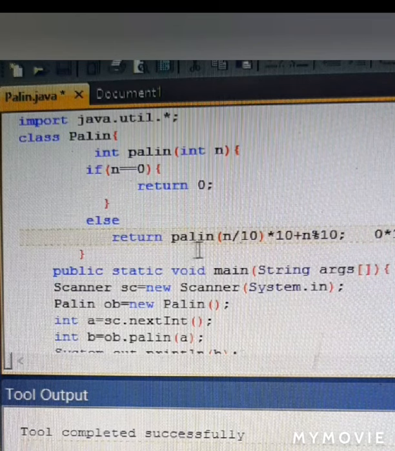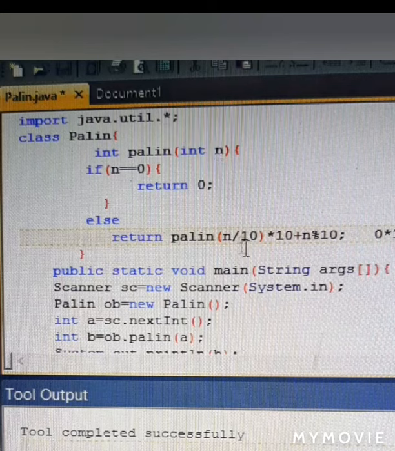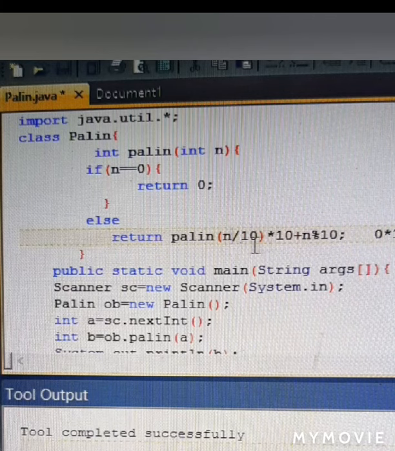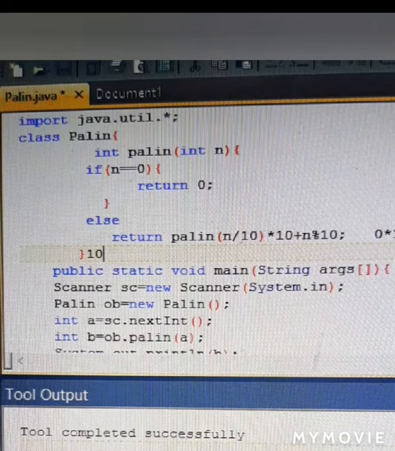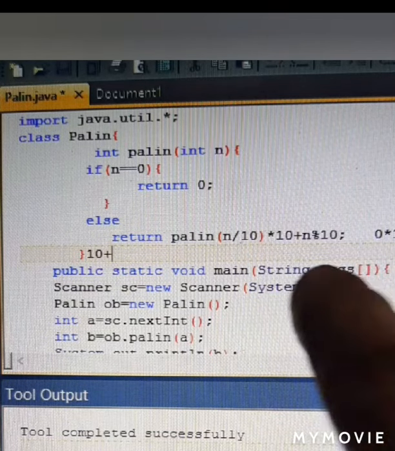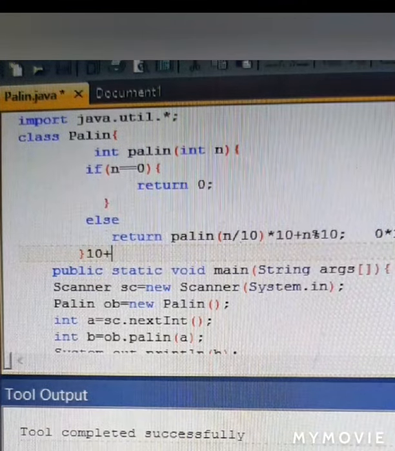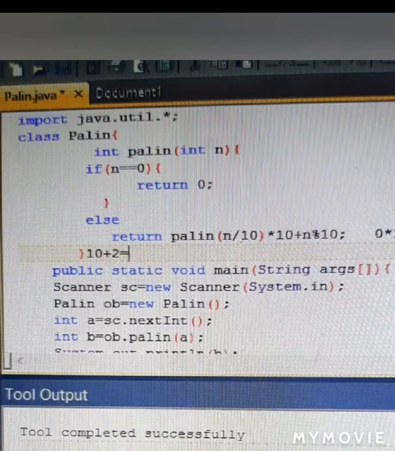Now next time when we were sending 12 as a quotient over here, what was the remainder when 12 was being divided by 10? 2. And what was kept here in the memory? 1. So 1 into 10 will become how much? 10. 10 plus the remainder that we got here when 12 was being divided, which is 2, will become 12 in the memory.